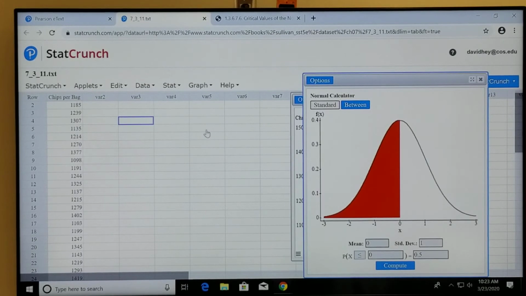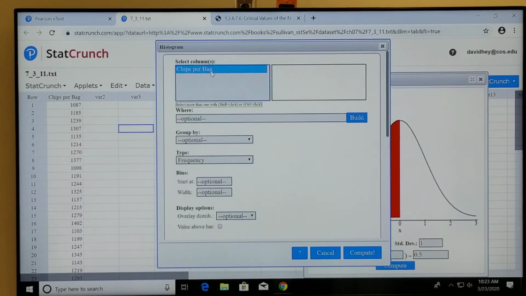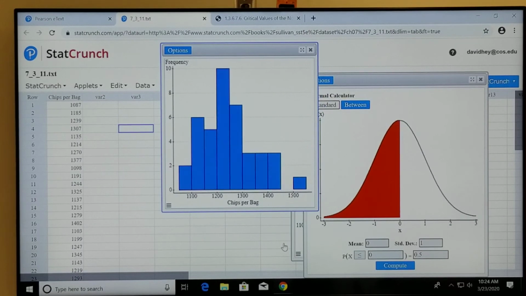I'm kind of curious though, just to know what this looks like as a histogram. So I'm just going to graph a histogram just to make sure that it really is normally distributed. Where should we start? I don't know. I'm just going to hit compute and let StatCrunch bin it for us. So it looks like it's binning by 50s. I mean, yeah, it's sort of normally distributed. That's not perfect, but